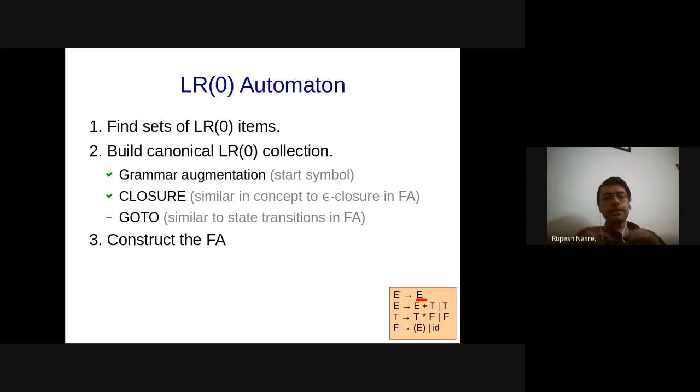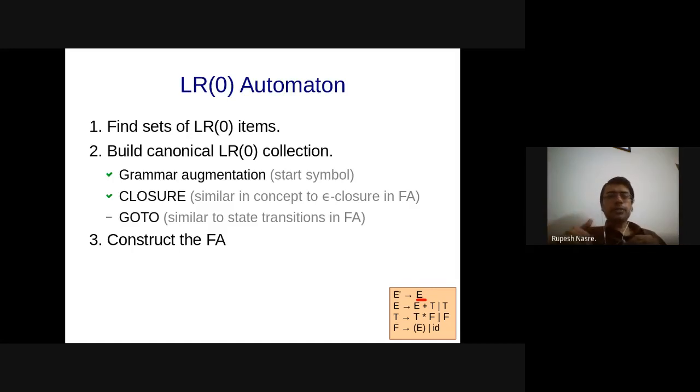So we have built this state, and now we are going to look at the transitions. The transitions are going to be on both terminals and non-terminals, which means that if I am at X dot YZ, then on Y, I can make a transition to a new state. What will be the new state? It should be XY dot Z on Y. And therefore XY dot Z will become a kernel item in the next state.